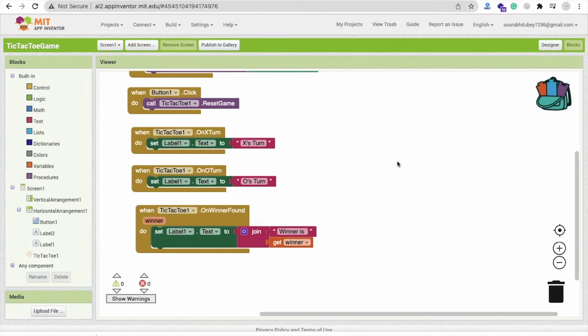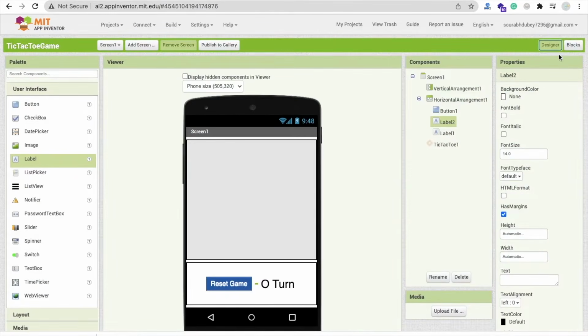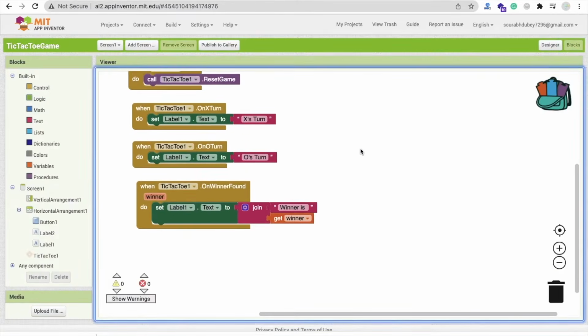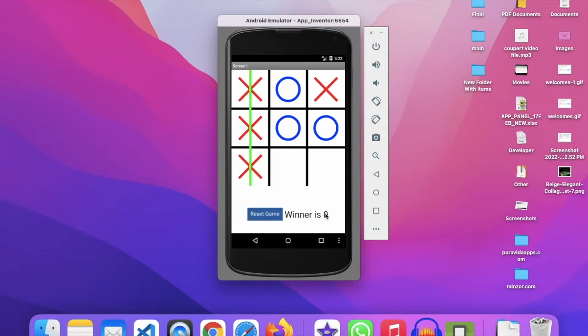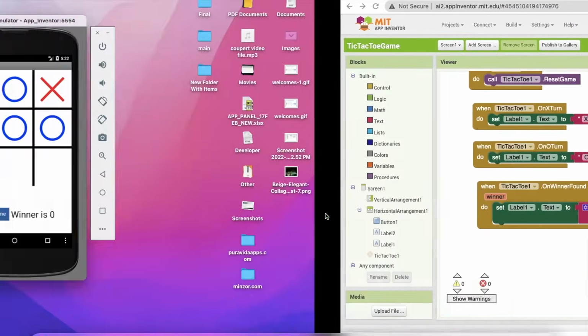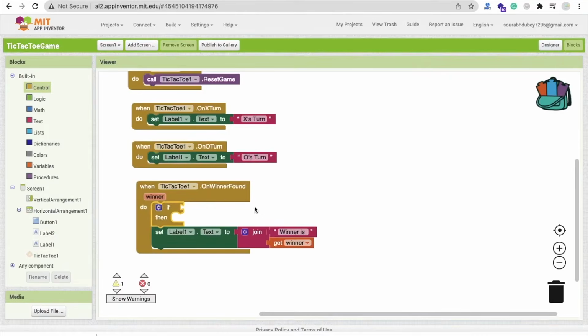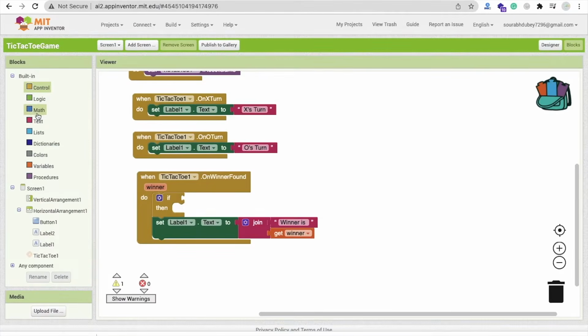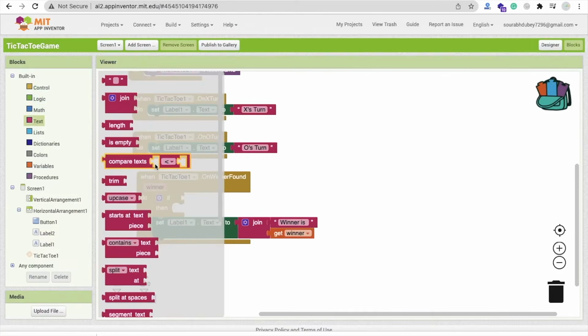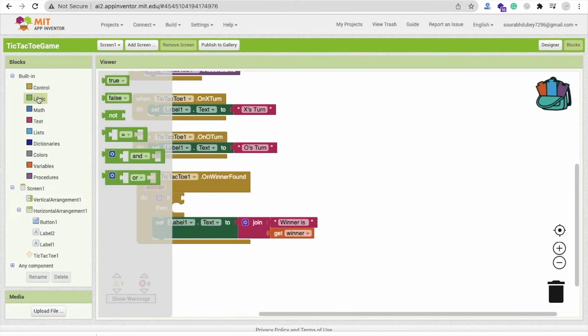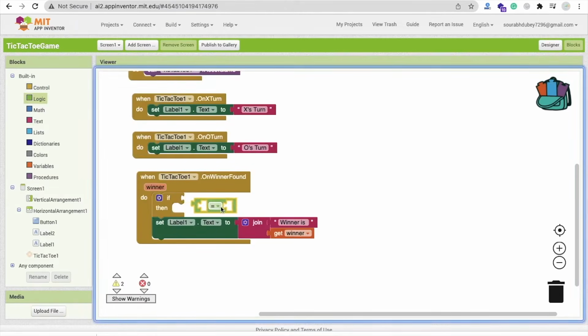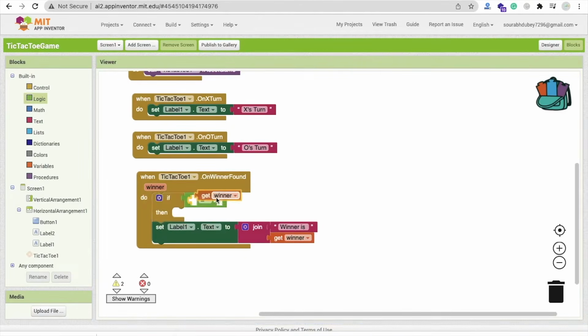You can use a condition here. Actually, this one just returns 0 and 1. It means I can do one more thing here. Whenever I get the 0, I will use a condition. So control, if, like this. Whenever someone wins, in the on winner found block, we use an if condition. If the winner is equal to